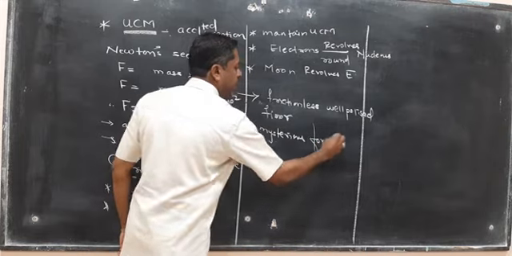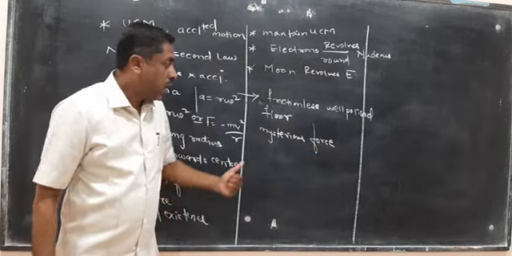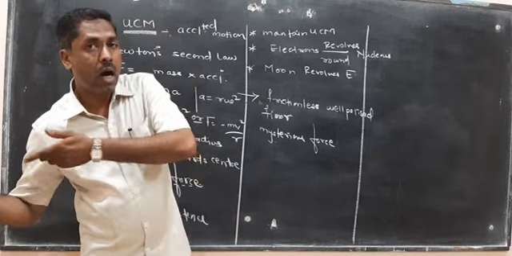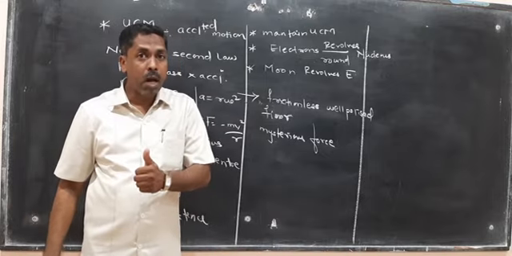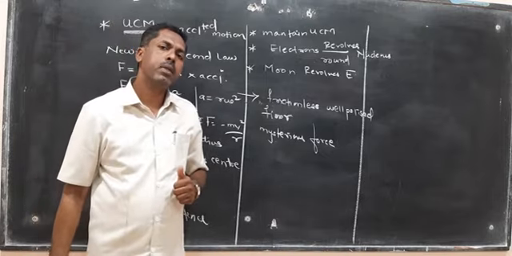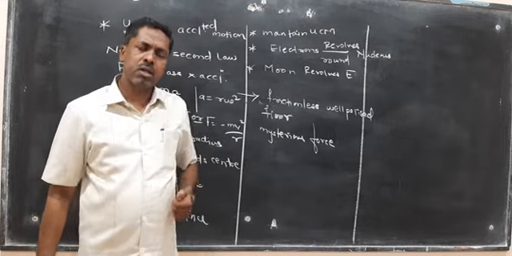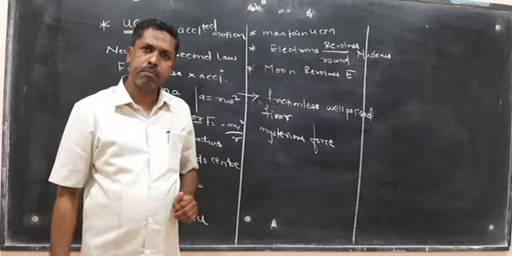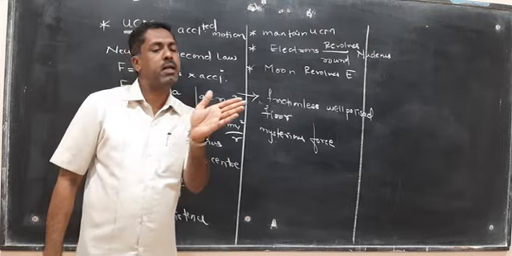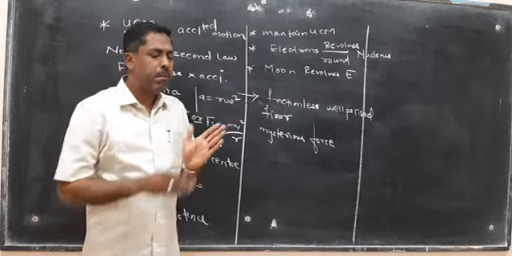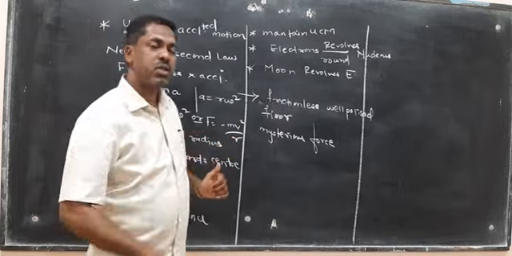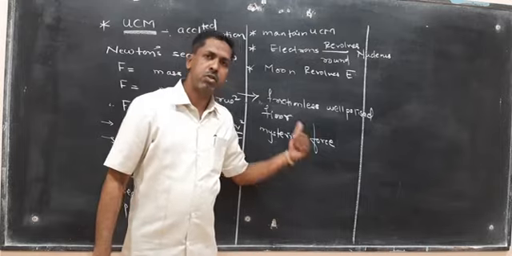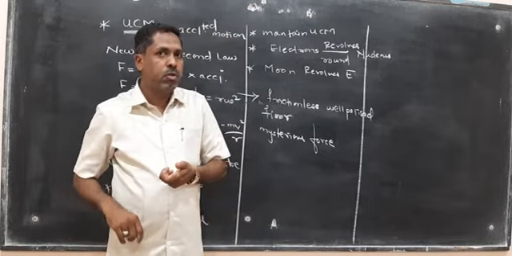You and your friend experience a mysterious force, an outward force. To understand this, let us consider a simple example: passengers moving by bus. If the bus takes a turn to the left side, the passengers move in the opposite direction. Why are we experiencing some amount of mysterious force, some amount of outward force?